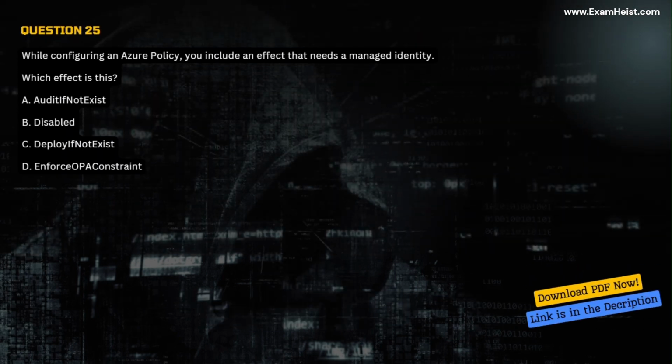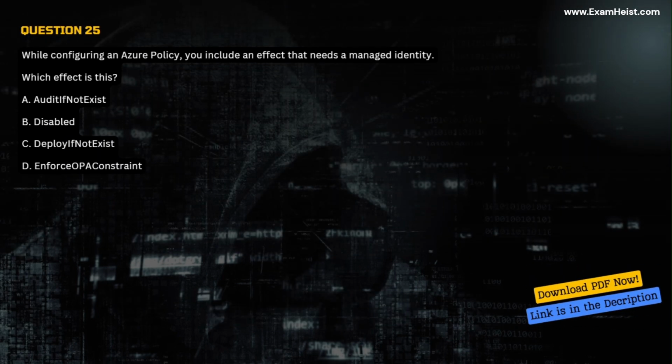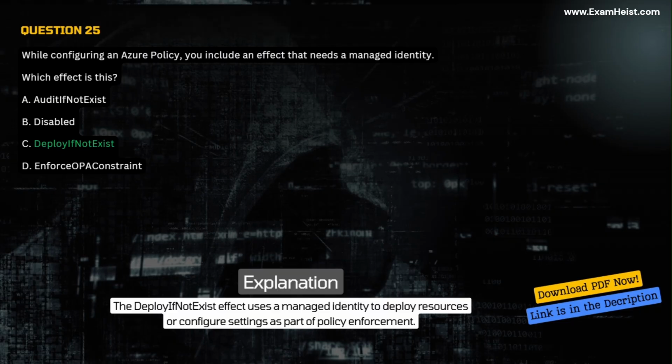Question 25. While configuring an Azure policy, you include an effect that needs a managed identity. Which effect is this? A. Audit if not exist. B. Disabled. C. Deploy if not exist. D. Enforce OPA constraint. Correct answer, C. Deploy if not exist. Explanation. The deploy if not exist effect uses a managed identity to deploy resources or configure settings as part of policy